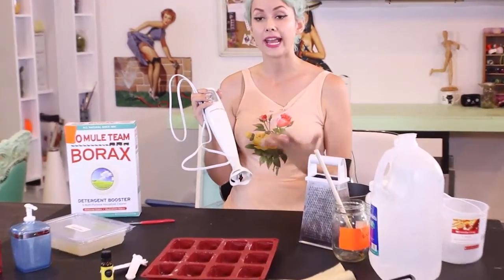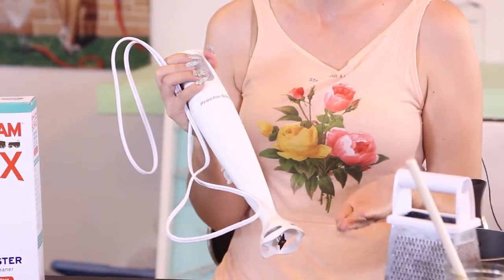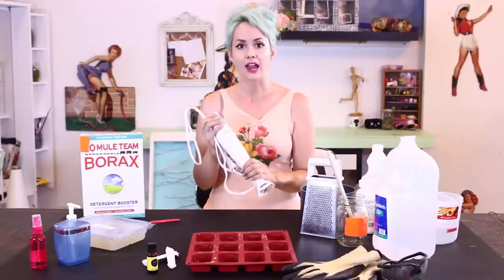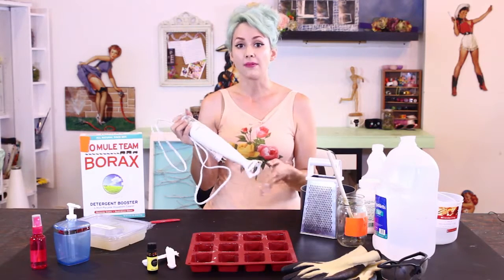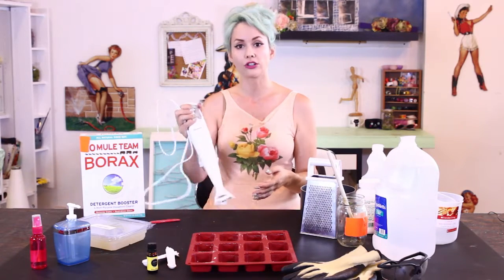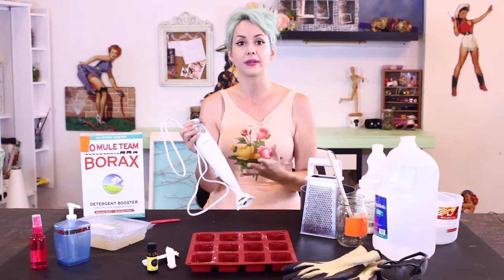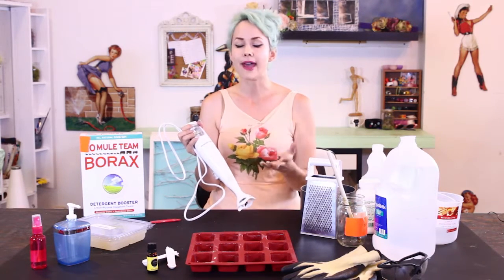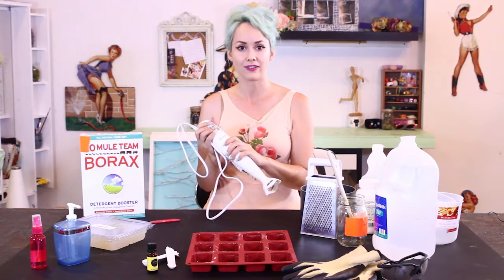Here we have our hand stick mixer, and I've heard a lot of people say this is an optional tool, and I find it super essential. I really do recommend that you buy this. They're very cheap and easy to get. They're really great for helping stir your soap just like this, and it helps your soap recipe reach trace in a matter of minutes. It's very useful and a time saver,